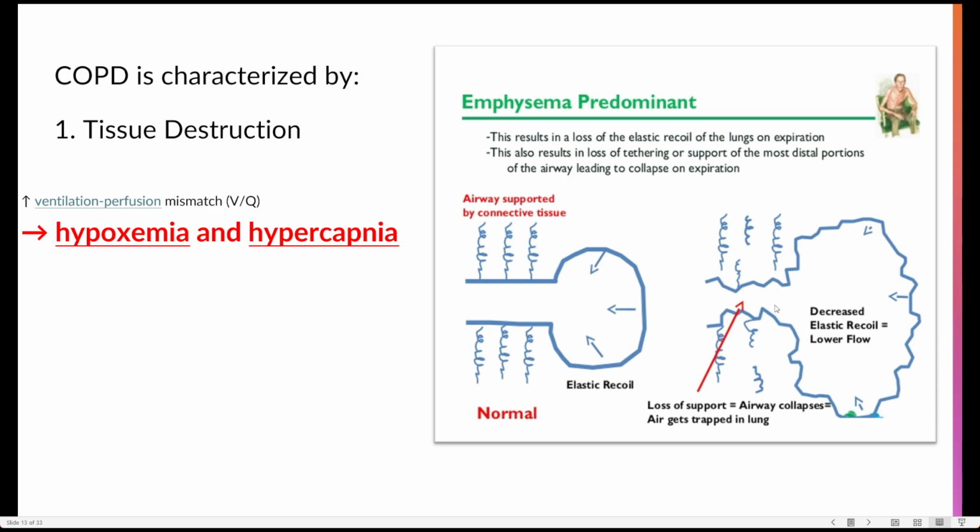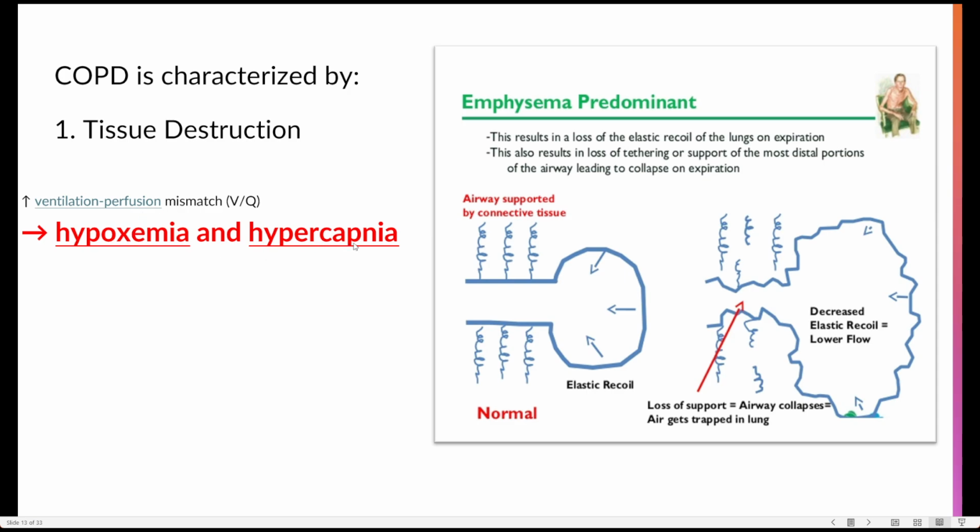Why? Because remember, decreased elastic recoil. We're trying to do expiration. If we're not able to do full expiration, that means that carbon dioxide will still be in the blood. It will be trapped in the blood, known as hypercapnia. And that will lead to hypoxemia because we have carbon dioxide and not oxygen. So we'll have deoxygenated blood. So we'll have